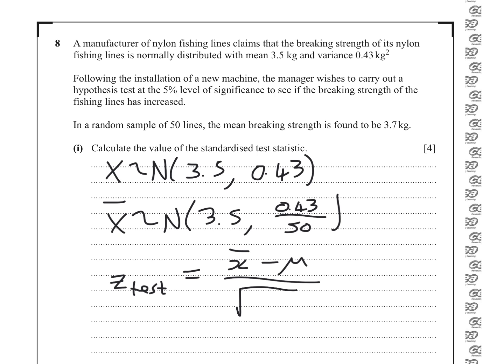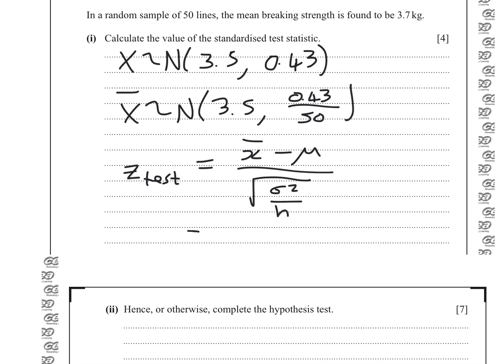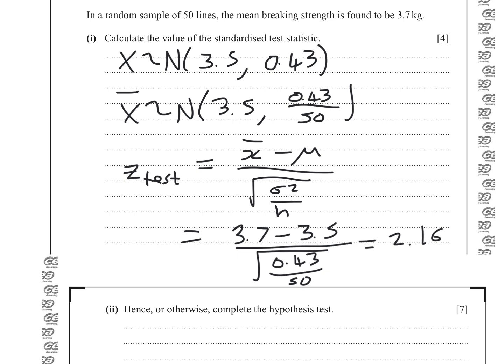I'm going to write it, first of all, as sigma squared over n. Then we just put the values in. So x bar is what they worked out, which was 3.7, minus what we're assuming the population to be, 3.5. And we divide that by the square root of 0.43 over 50. And if you put that in your calculator to 3 sig figs, you get